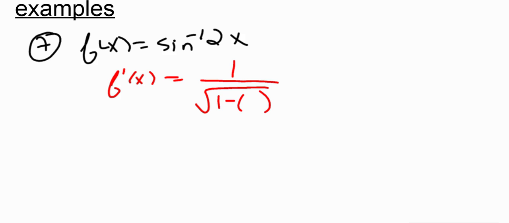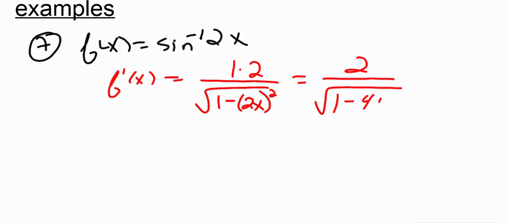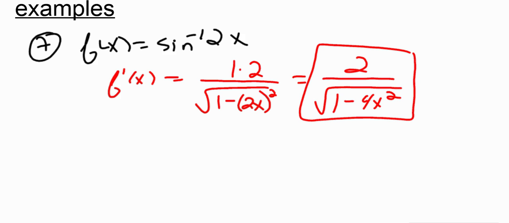Remember, it's not just sine inverse of x, it's sine inverse of 2x. So then I also have to do the chain rule. The derivative of my inside 2x means I have to multiply by 2. So simplifying this, I have 2 over the square root of 1 minus 4x squared. And there's my answer. We're going to do now number 12, which says given this function